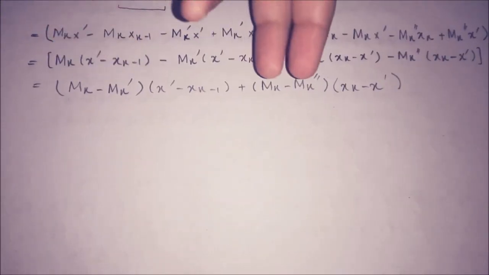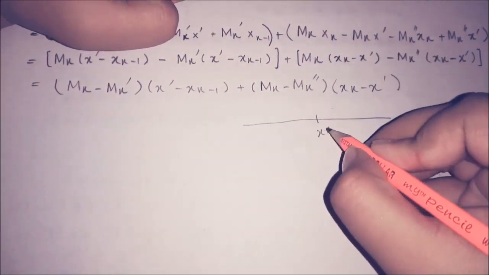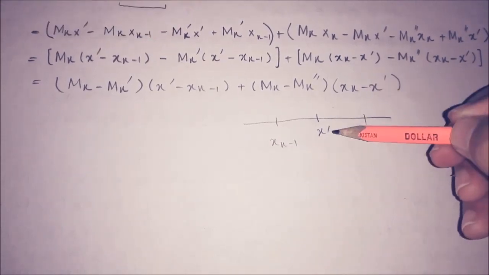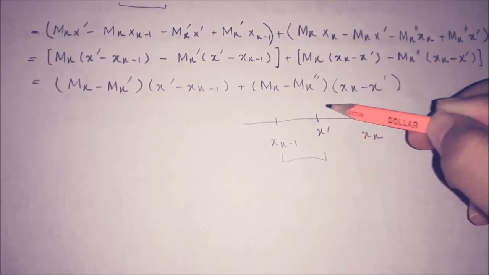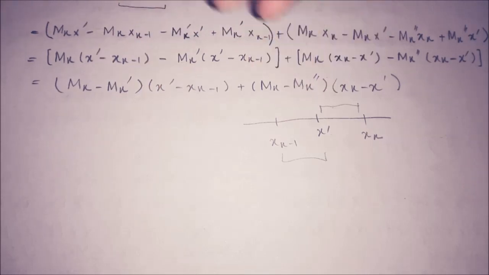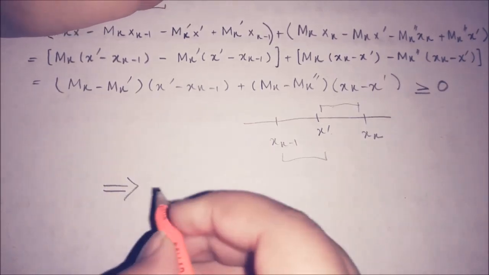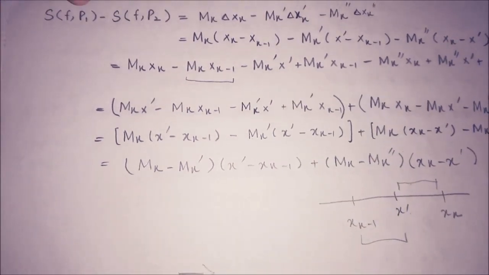So this difference is positive, this difference is positive, and we know that here this is x dash, this is x_{k-1}, and this is x_k. So the difference of x_k and x dash, and of x dash and x_{k-1}, is also positive. So we have this positive term and this positive term, so this will be greater than or equal to 0, and we will now imply a very important result from here, because this is the difference of S(f,P1) minus this. So if the difference is positive, then we can imply that